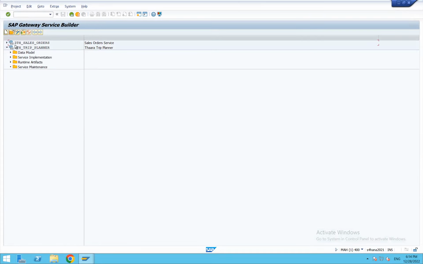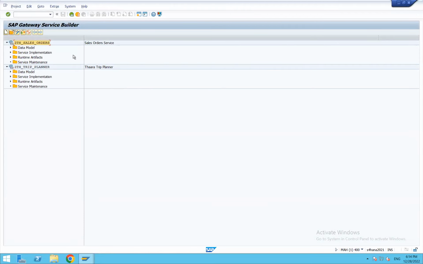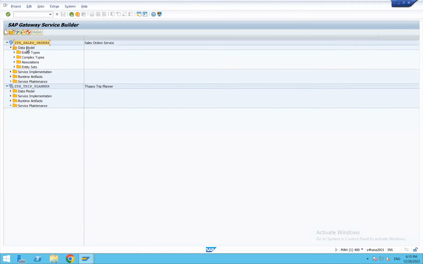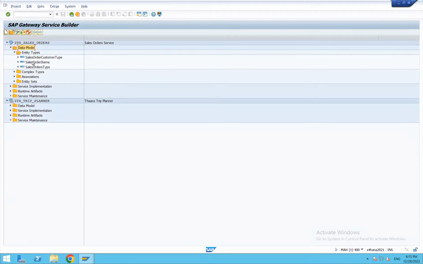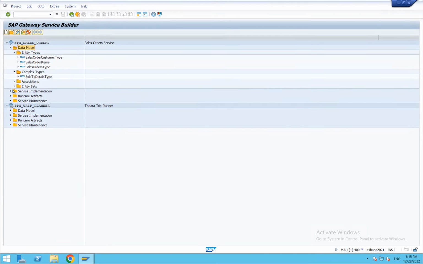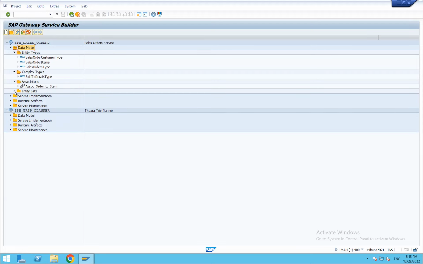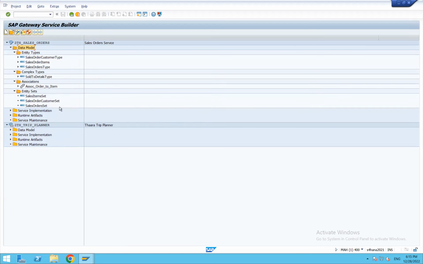So let me go into this sales order one, change. So the options, whatever we have here on the OData project, all the possibilities. So now we have explored entity types along with its complex types and associations, entity sets as well. So in the associations,